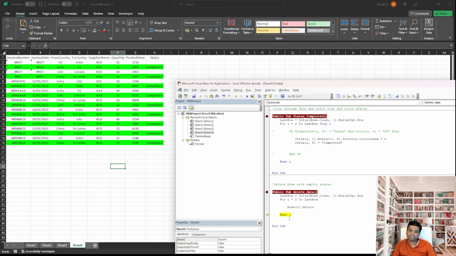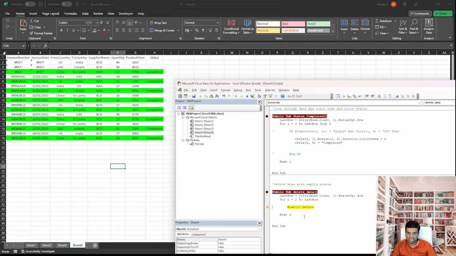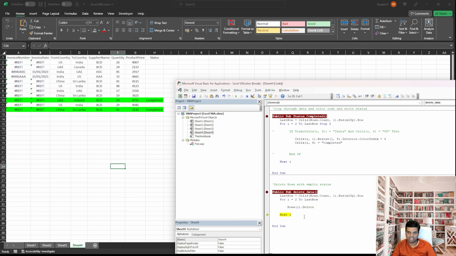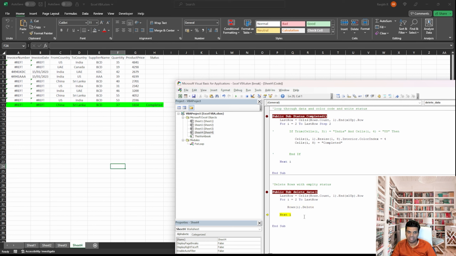Now, technically the value of I will increase to 2 or 3 now. So the value of I is 3. It will again delete it. Again it will go and delete it. Delete, delete, delete, delete, delete, delete. Now what has happened over here, if you have seen, I did not do any logic over here